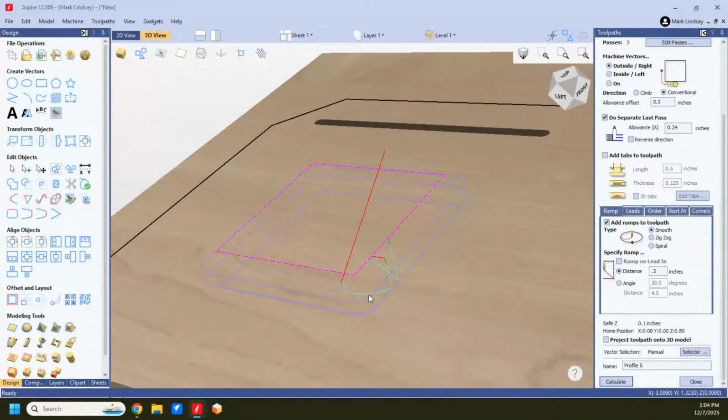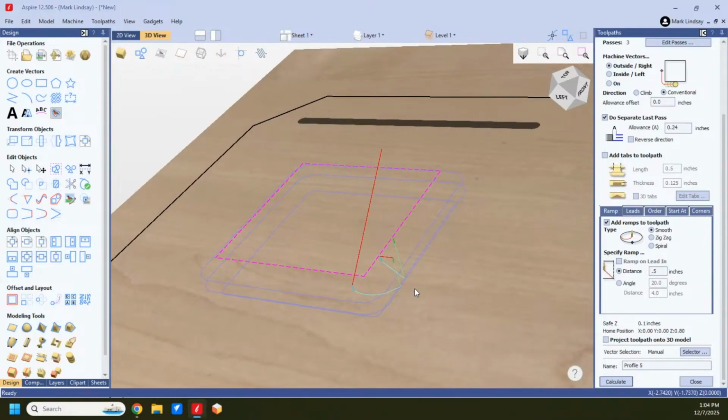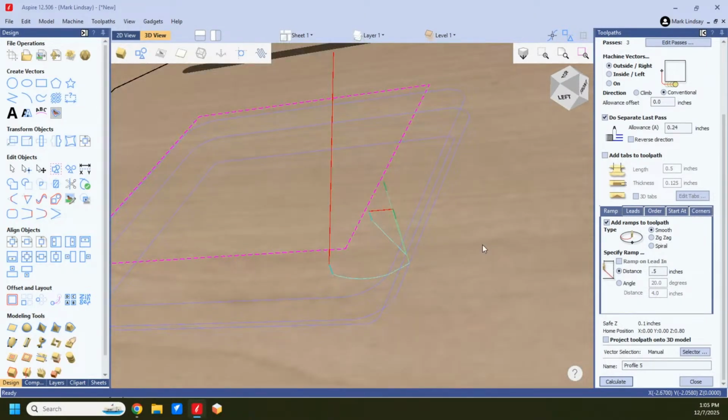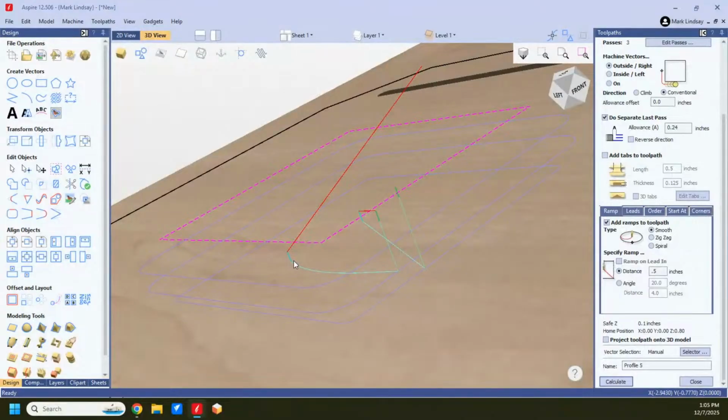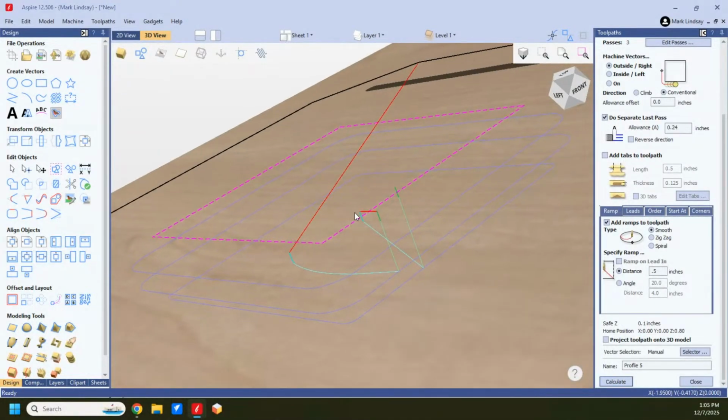Then it's going to ramp down to here. The second cut. Okay? There we are. It's going to ramp down and it's going to cut here on the first pass. Then it's going to ramp in, go all the way around to here. Then it's going to ramp down for the second pass. And that's going to come all the way around and cut to here. Then for the last pass, because there's only 3 passes, it's going to retract and move in, rapid in,